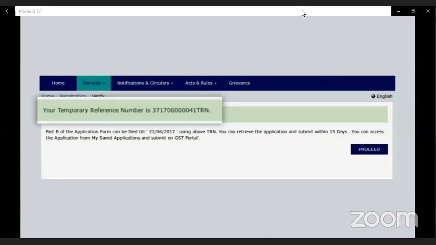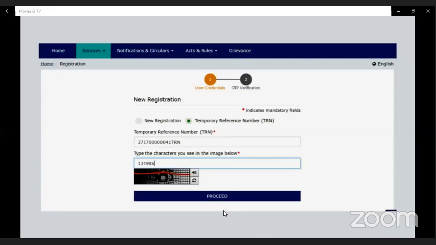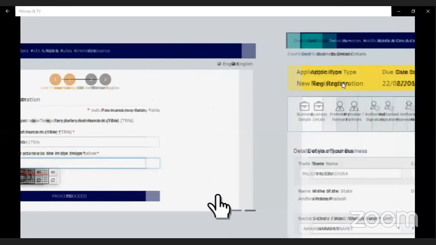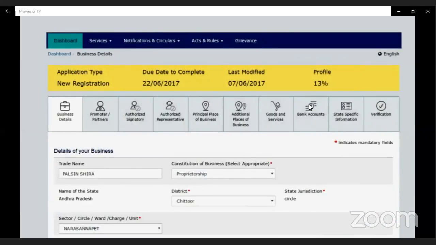You can use this TRN for proceeding further. An OTP will be received again on the phone and email. After entering CAPTCHA, the main application shall open with 9 different tabs and 1 verification tab for the convenience of